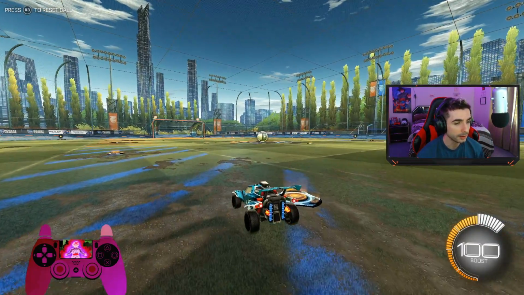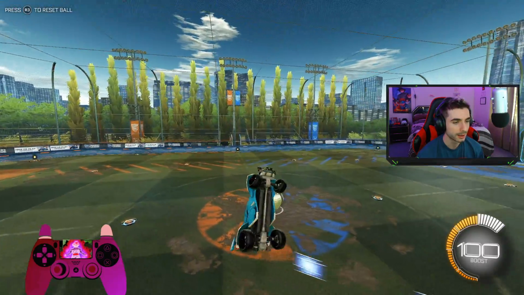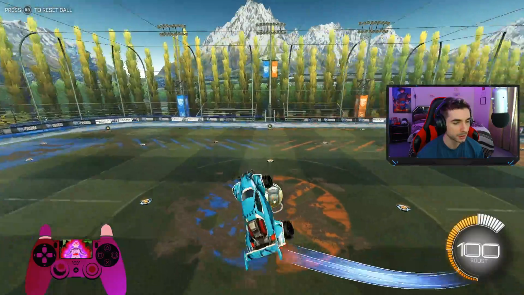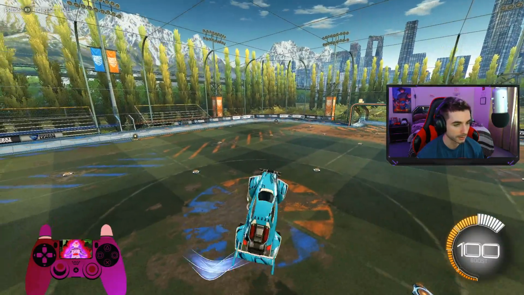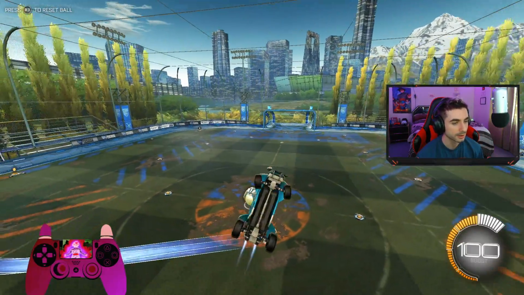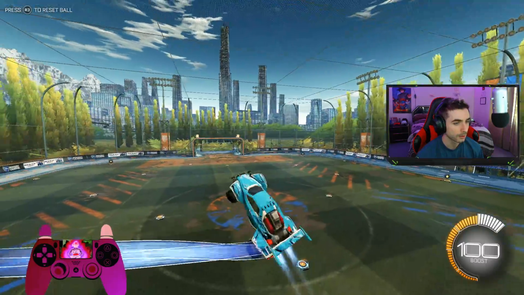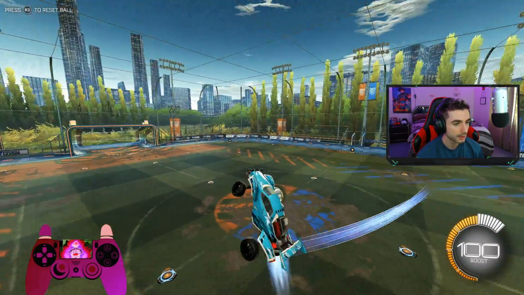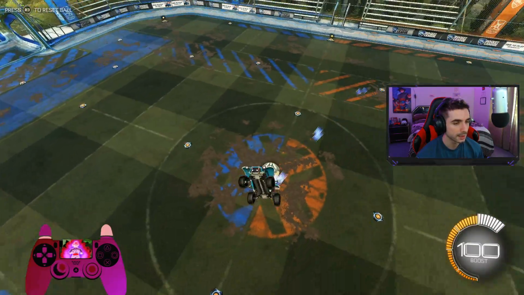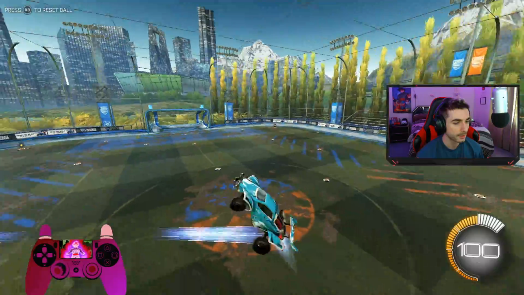So one, what you can do is just air roll around the ball. Keep ball cam on and just air roll around the ball. This will help you with turning and going different directions. If you want to make it harder, switch it up, and just make sure you're constantly air rolling, constantly trying to reorient your car, go left, go right, maybe go over the ball, bring yourself to the other side, and then go back. If you want to make it a bit harder,